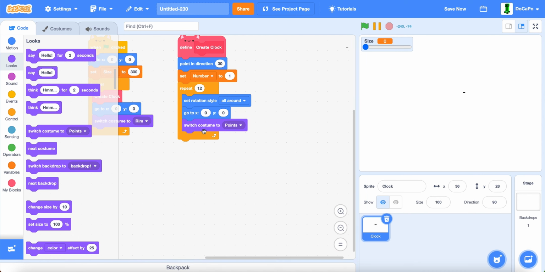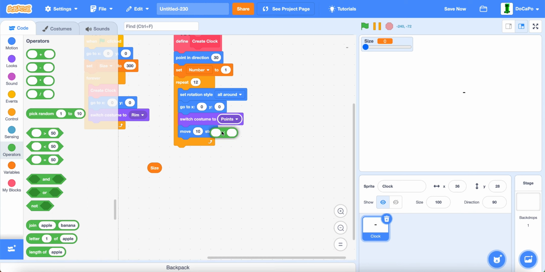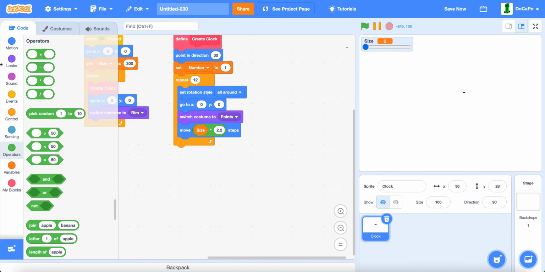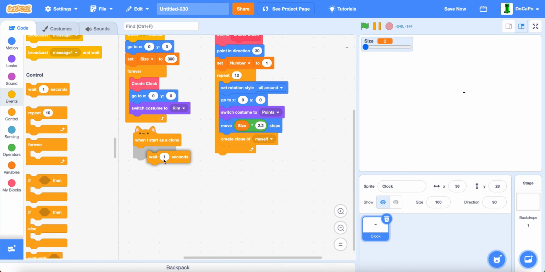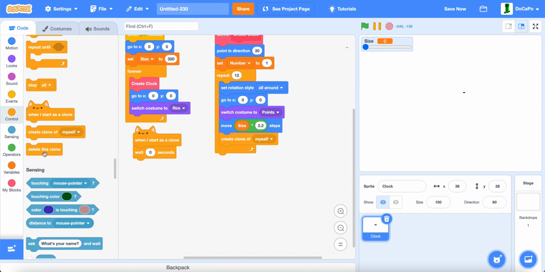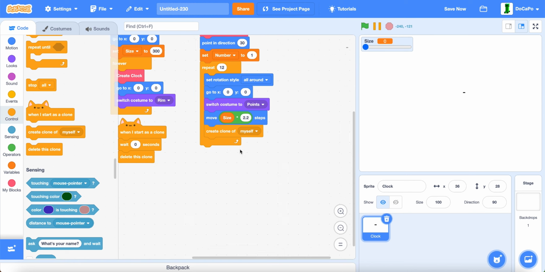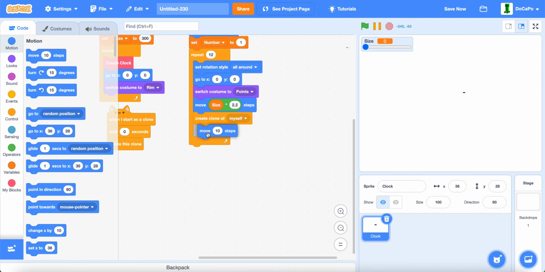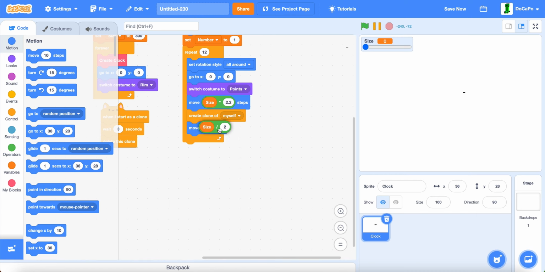Switch costume to points, move by size divided by, size times 2.2, and then create a clone of myself. And when I start as a clone, wait 0 seconds and then delete this clone. Without the 0 seconds, it would instantly delete. Now, move by size divided by 2. Actually divided by -10,